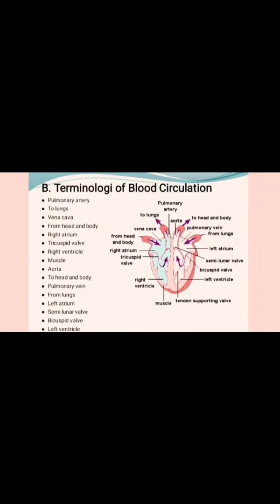Yang pertama ada pulmonary artery, vena cava from head and body, right atrium, tricuspid valve, right ventricle, muscle, aorta to head and body, pulmonary vein from lung, left atrium, semilunar valve, bicuspid